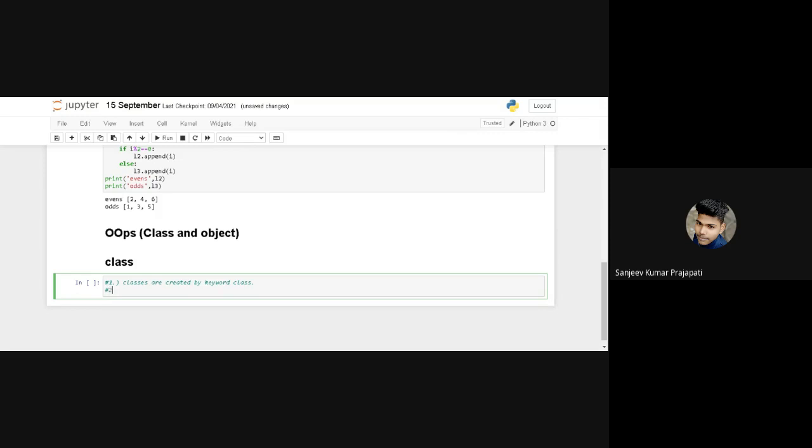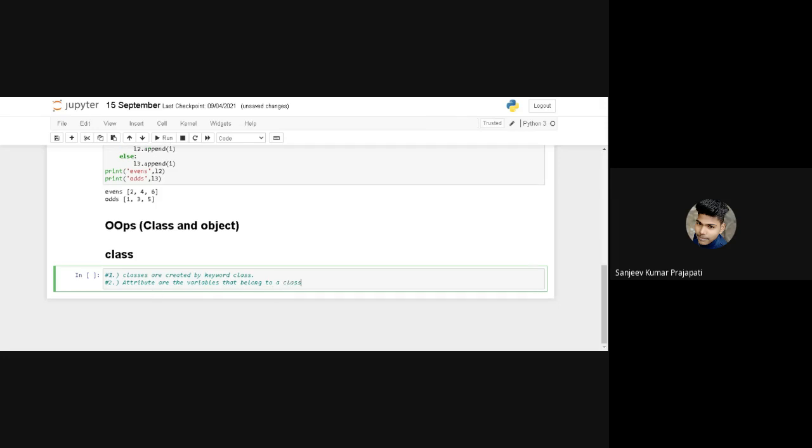And next point is attributes. Attributes are the variables that belong to a class. So first thing is how to create a class: we use the class keyword, and next is the attribute, or the variable, that belongs to a class.